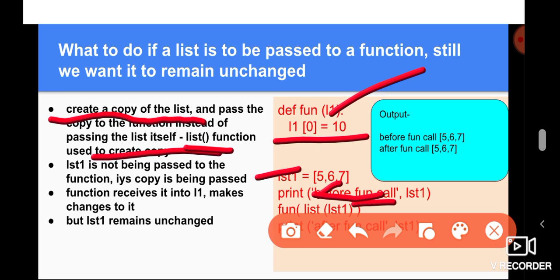Now even if this function makes changes inside this L1 list, it does not affect the original list because it was not passed as the argument at all. It was the copy which was passed, and the changes will be made to the copy.